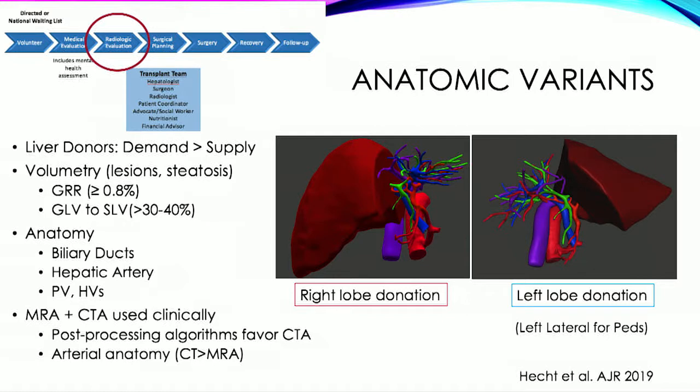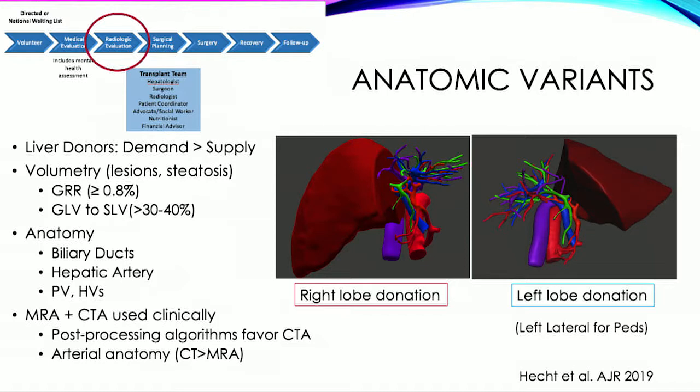So with liver donation, the demand really reaches the supply. So we rely not just on cadaveric transplants, but also on living donors. Most of them are related, but now there are a lot of volunteers who are not related donors. So again, like I mentioned, volumetry is very important in the anatomy, not just the arteries, but veins,